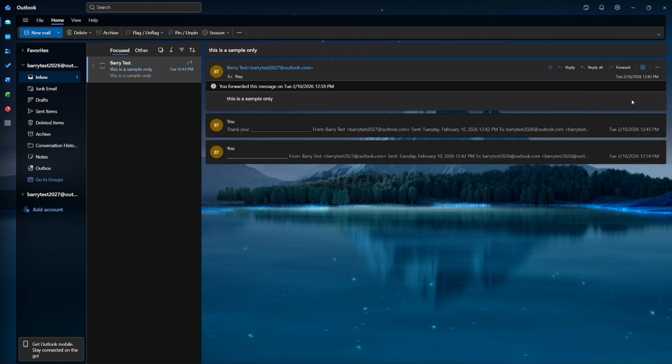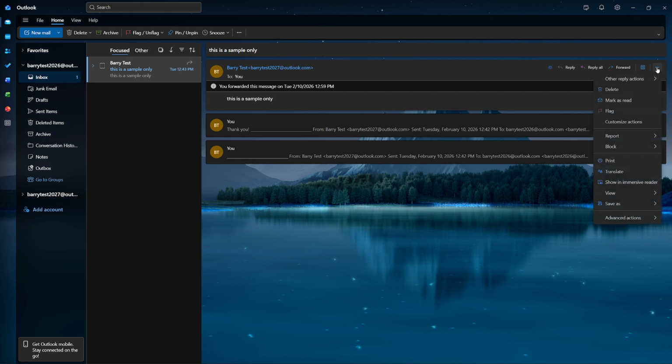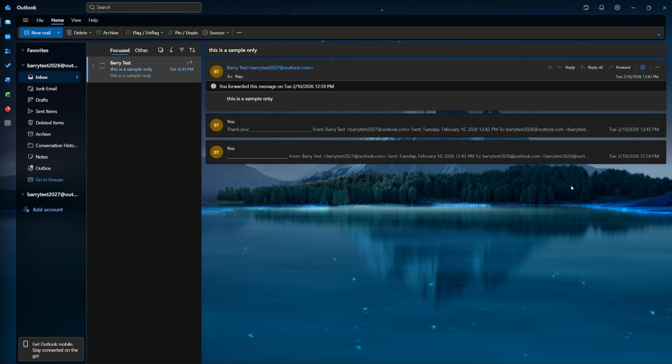Depending on your layout, you'll usually see the subject line turn bold or a small unread indicator appear next to it. That visual cue is your confirmation that the message is now flagged as something you haven't read, even if you already opened it earlier. This method is great when you're quickly scanning your inbox and want to tag just one or two messages without interrupting your flow. Now,